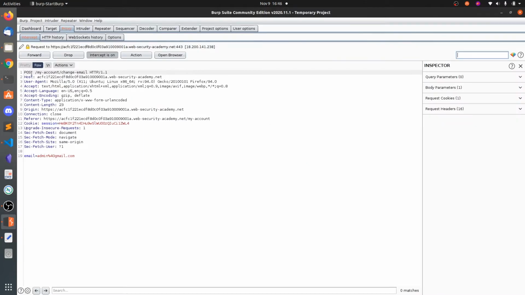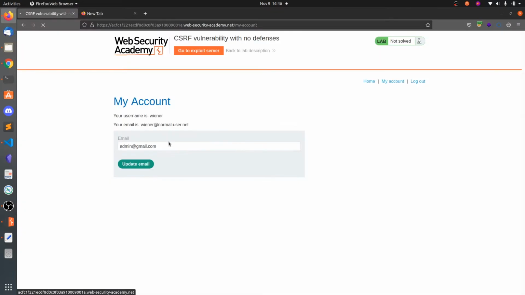Now you can see this is a simple POST request. There is only one value in the cookie, that is session, and the direct email. So if we craft a phishing link and the user opens the link, then the session cookie will be automatically added to that request and the email gets changed. If you turn off the intercept, you can see the email has been changed to admin@gmail.com.